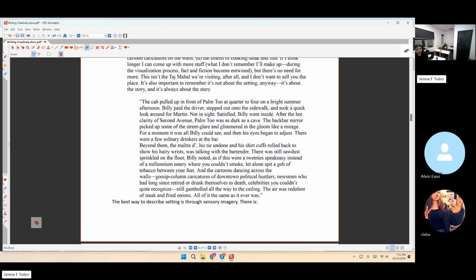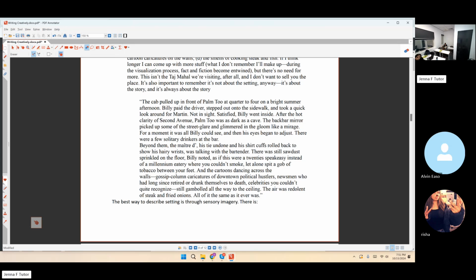Yeah. The cab pulled up in front of Palm 2 at 3:45 on a bright summer afternoon. Billy paid the driver, stepped out onto the sidewalk, and took a quick look around. Martin, not in sight. Satisfied, Billy went inside. After the hot clarity of 2nd Avenue, Palm 2 was as dark as a cave.